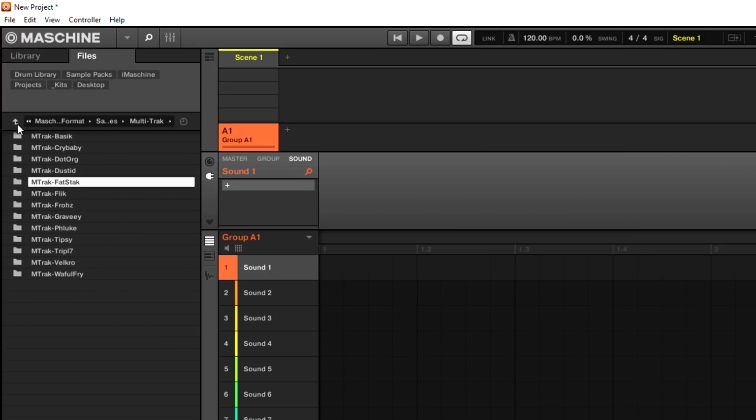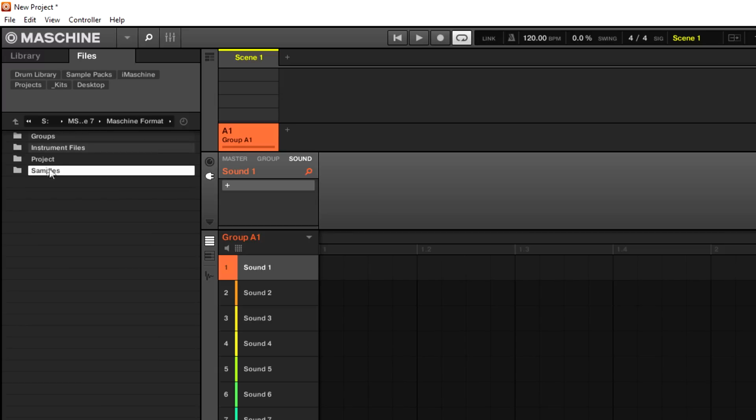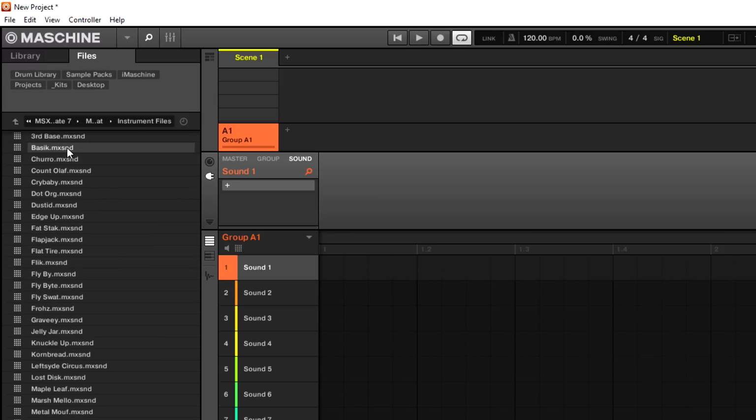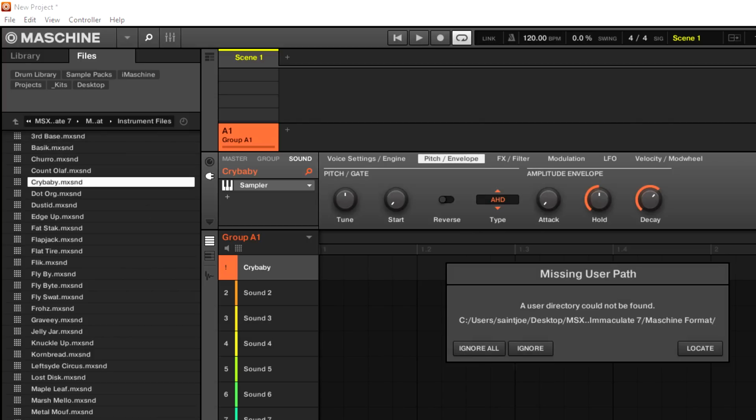Now, what you could do is just go directly to the instrument files or the group files and pull it up. But if you do that, you may get the missing sample dialog, and you just have to browse to the sample and actually show it where it's at. And then once you do that, it'll remember. But if you don't want to even deal with that,